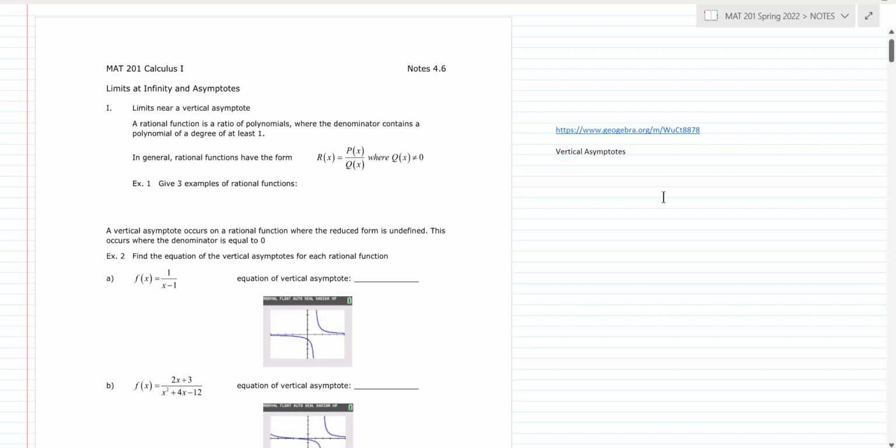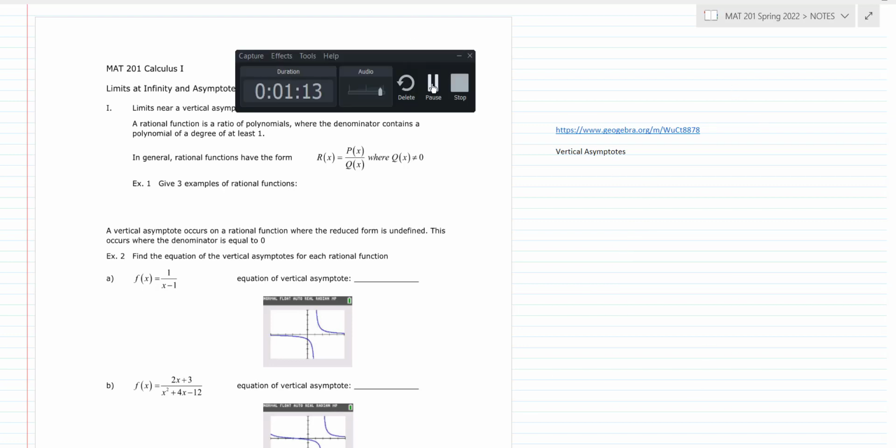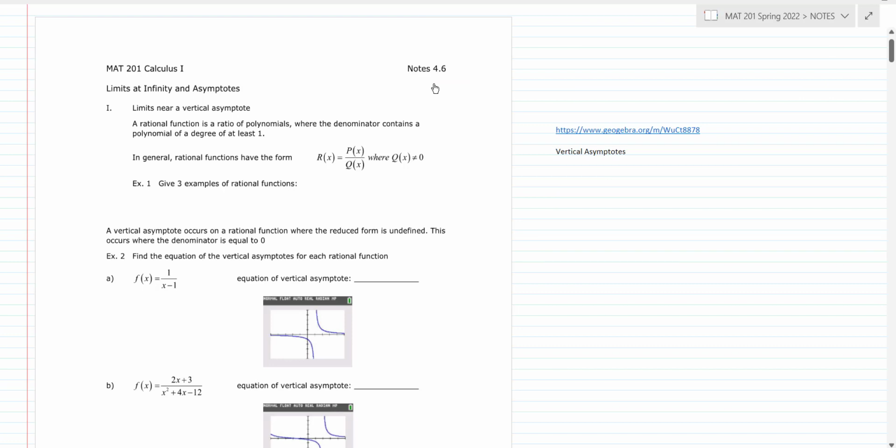Alright, so we're going to get started on 4.6 today. We're going to continue talking about limits, but we're going to look at a few more special situations. We're going to look at what happens to a function that has asymptotes, either vertical asymptotes or horizontal asymptotes or even oblique asymptotes. So to begin with, I'm going to review what an asymptote is and how to go about